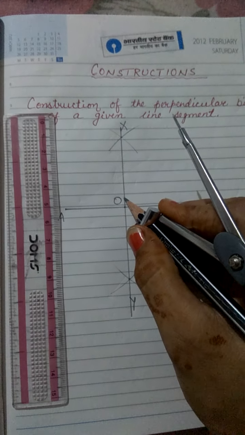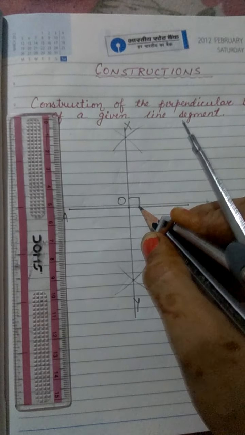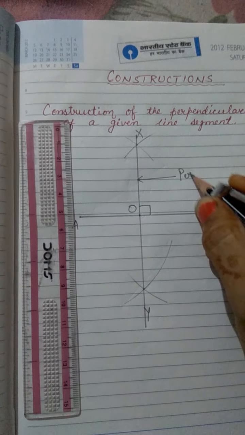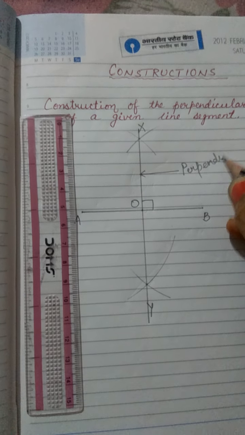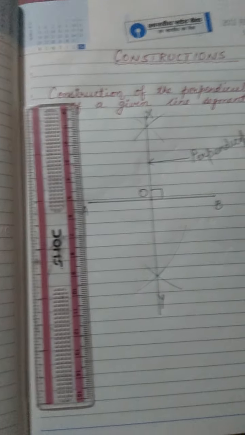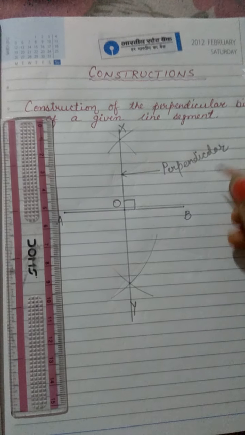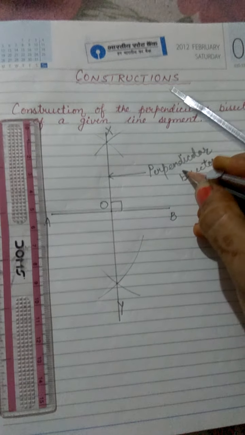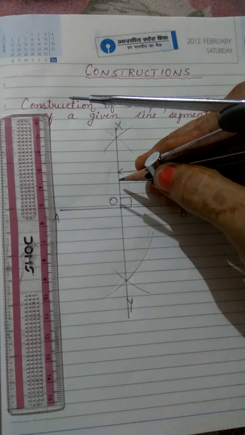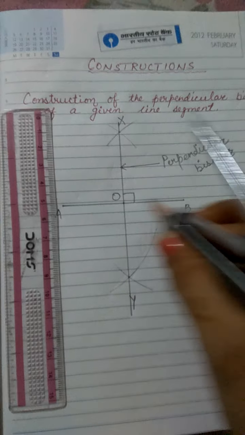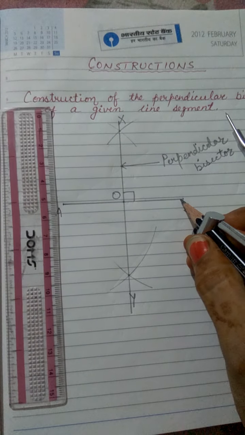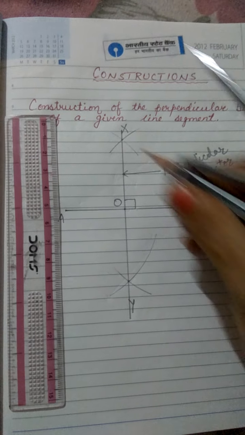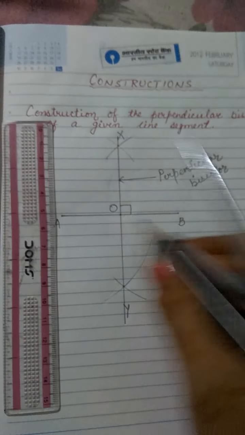and it makes 90 degree here, and this line is called the perpendicular bisector. You have to learn the name also, spellings also, perpendicular bisector. So this is called the perpendicular bisector which falls on the horizontal line. A vertical line falls on the horizontal line and makes 90 degree, that is the perpendicular. And why bisector? Because it bisects the line in equal halves.